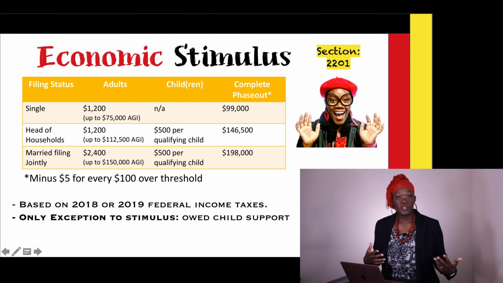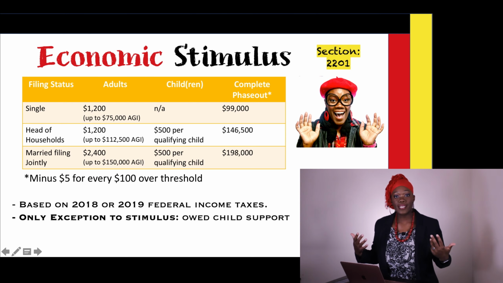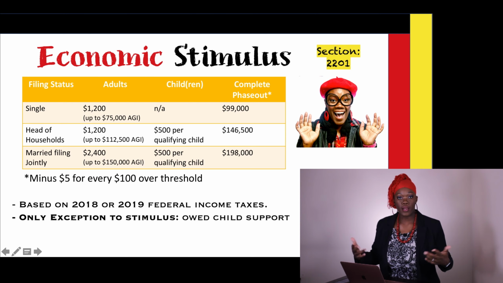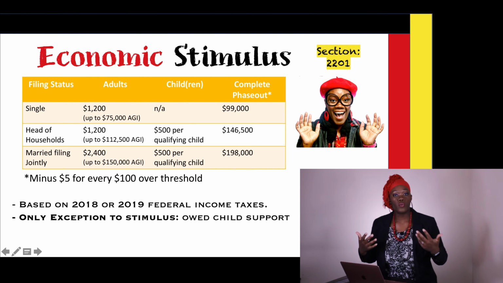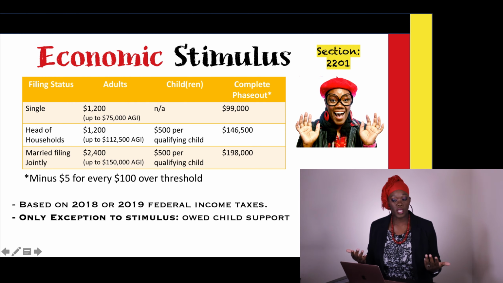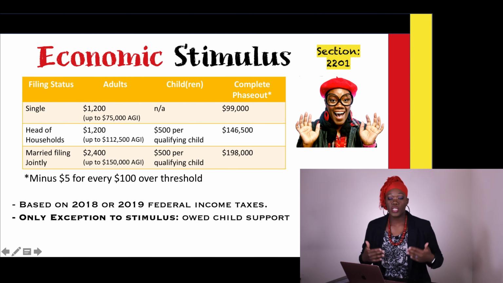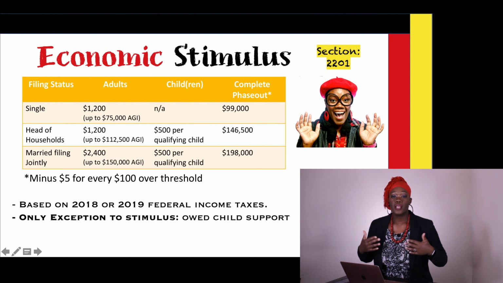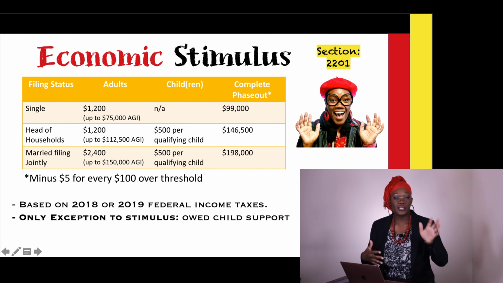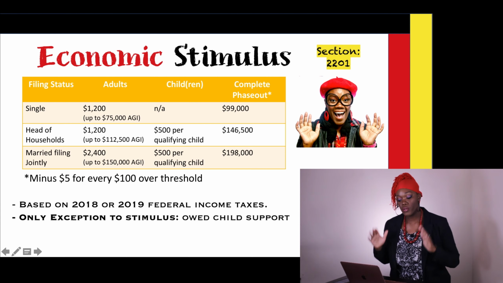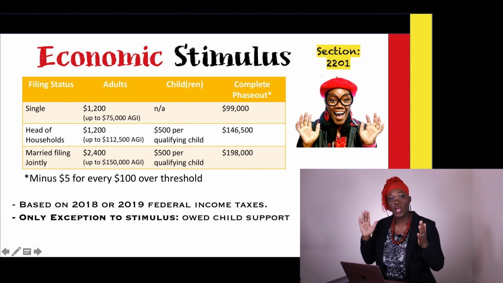Normally in some situations, there are people who have back taxes, they owe money to the IRS, or they have student loans that are in garnishment. If you're one of those people who file at the end of the year and the government usually takes your money, you don't have to worry about this for the stimulus package. They have waived that. The only exception is if you have back child support. That will prevent you from getting your stimulus. And then there's a calculation that goes all the way into it. So if you are between that threshold number, then it shows you how to calculate that.